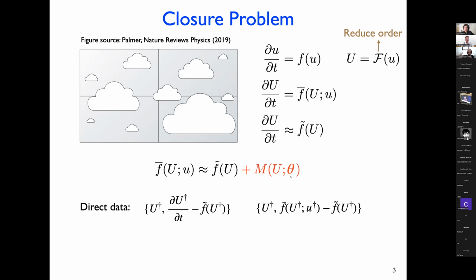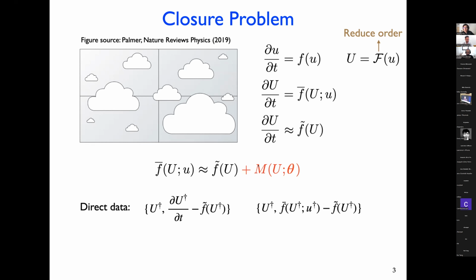And people want to calibrate or learn this term from some type of data. So a straightforward choice of the data is what we call direct data. For example, we can get the true values of the reduced order state, capital U. And then we can just calculate